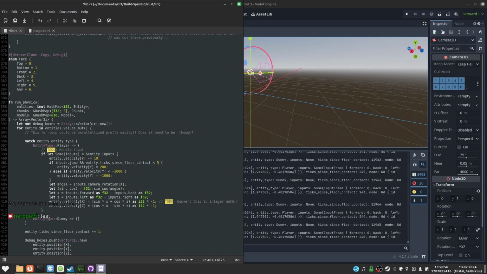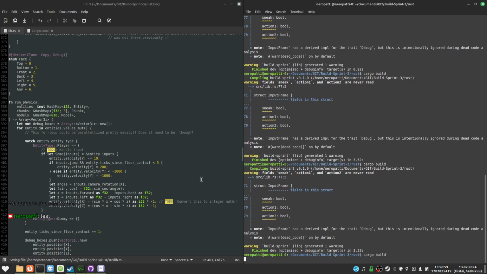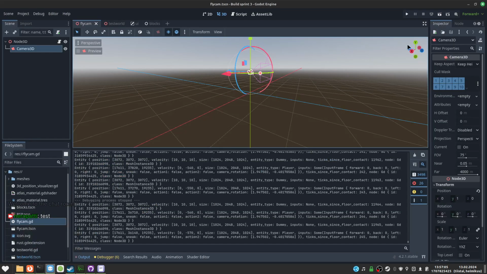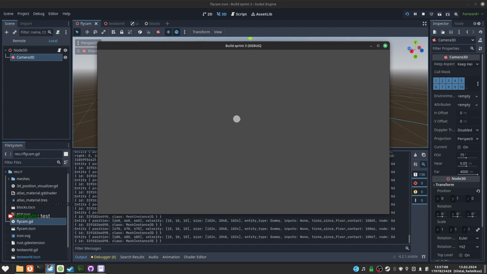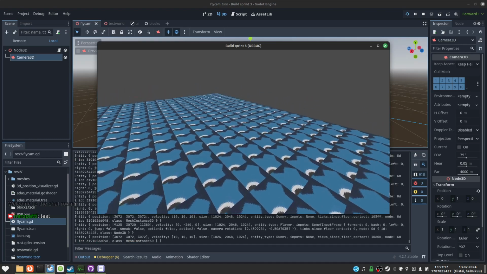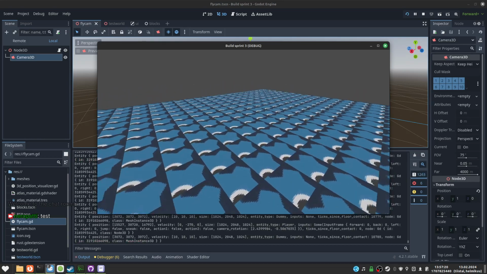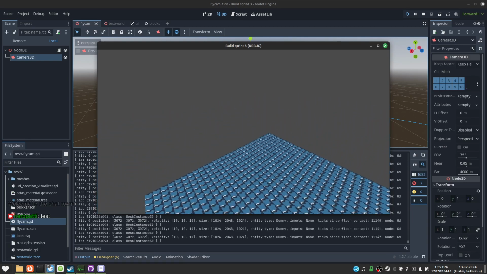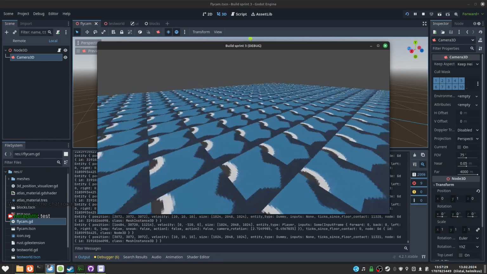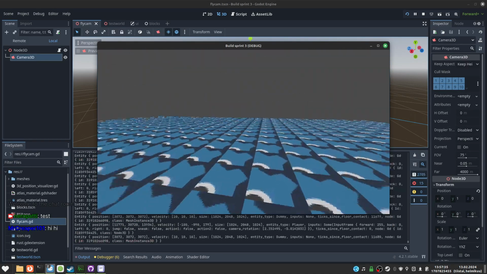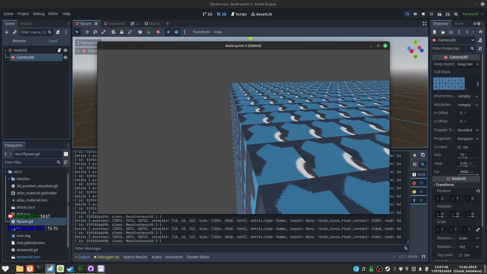We have some coyote time built in. I do want to do coyote time the same as in the previous version, where it not only allows you to jump. Also, what is going on here? Oh, I have the other entity. Yeah, okay, that makes sense. Where the coyote time not only allows you to jump, but it also allows you to literally walk midair, right? And that helped with stuff where